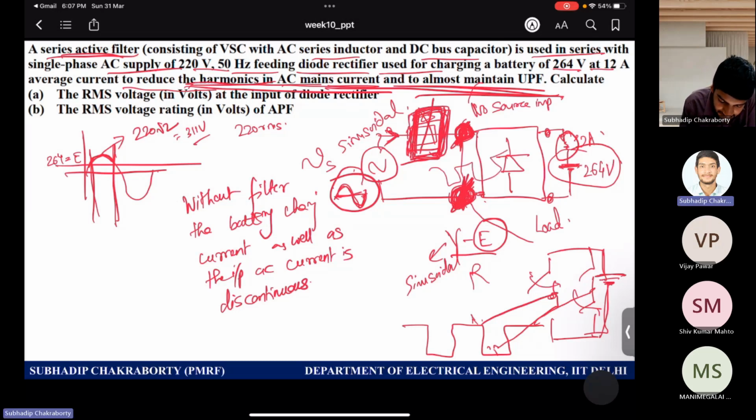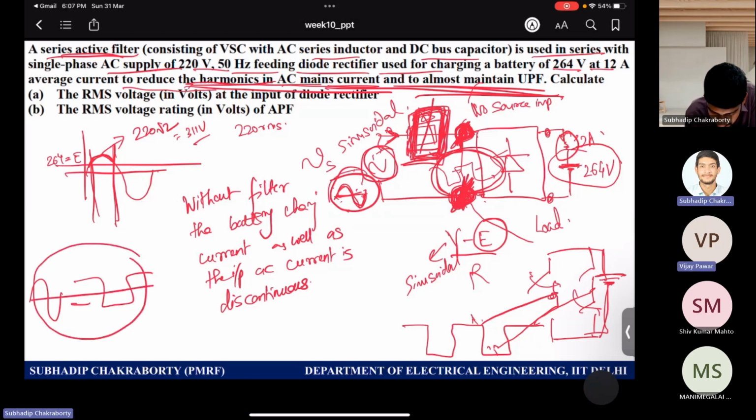And now if you calculate your filter to inject the difference between the two, difference between what? This voltage and this voltage: my sinusoidal voltage minus the square wave voltage. If your filter can inject such voltages, then only my input current can be sinusoidal, right? So that is what the problem is about. For a continuously conducting sinusoidal current to actually appear in the line, for this kind of configuration, your voltage input to the load, which is actually a diode bridge rectifier based battery load, will be forced to be of square wave nature,